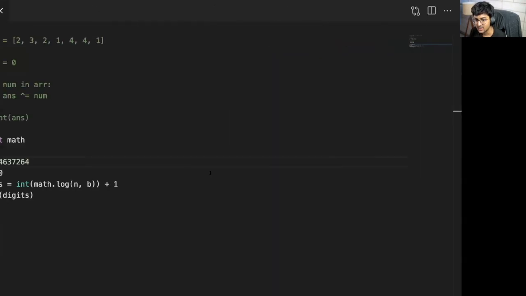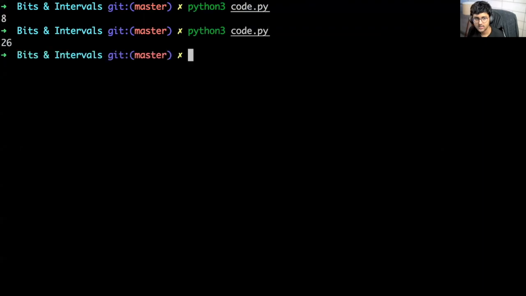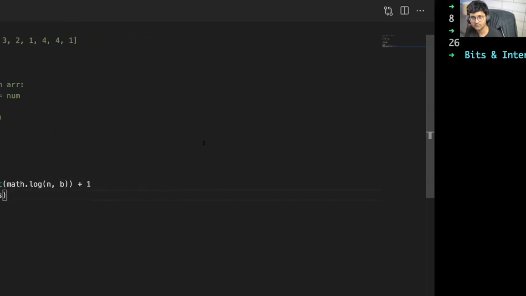Another question someone may ask: if this number was represented in a binary format, how many digits would that binary number contain? Just replace this with 2. Let's do something simpler, 10. How many digits would the binary representation of the number 10 contain? 1010 means 4. Should give me 4.